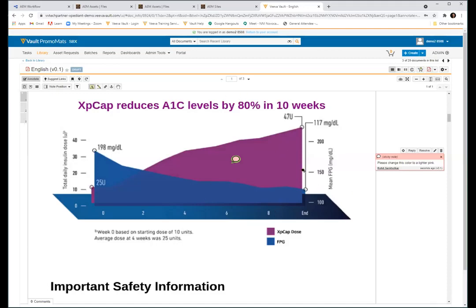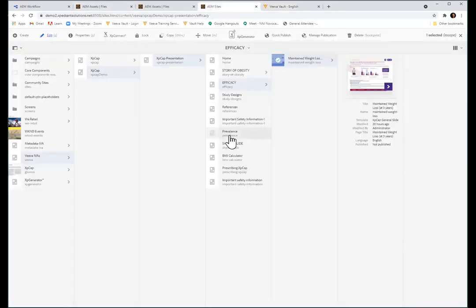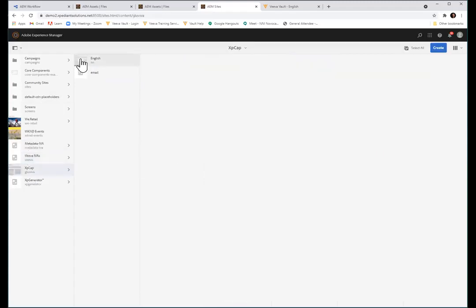What they'd have to do if this was a manual environment, right, is they'd have to take a copy of this PDF with the annotations. They'd have to export it out of Veeva. They'd have to send a notification to the user within AEM, attach this document to it, and tell them, hey, here's the changes you need to make to this document. But because this is integrated, if we go back to AEM, right, and we go back to this web page,